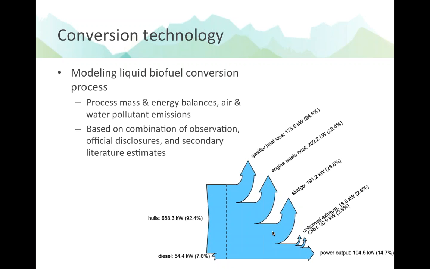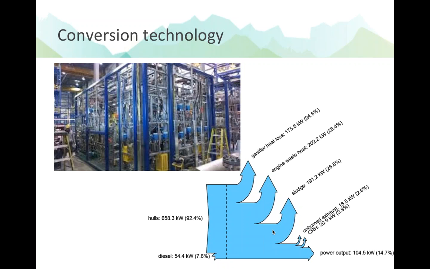This diagram on the left is from an analysis of a completely different system that I did a couple of years ago. But it gets at the type of thing we're talking about here, where we look at a given amount of energy coming in on the left side of that diagram in the form of feedstock, and how that gets spread out. How much of that is lost in various sources versus how much output do you get for that amount of input? And if you advance one more, you'll see a picture of the Cool Planet pilot facility